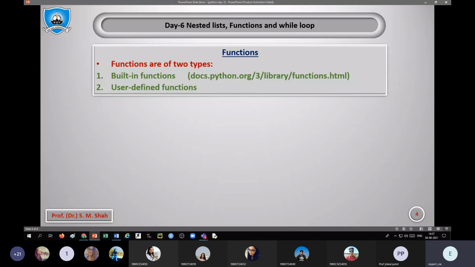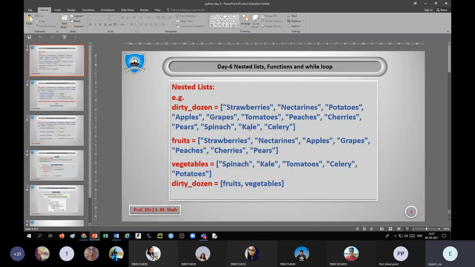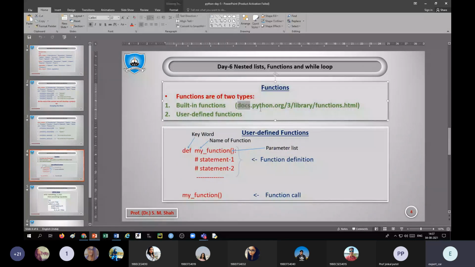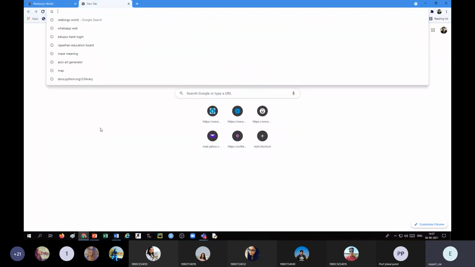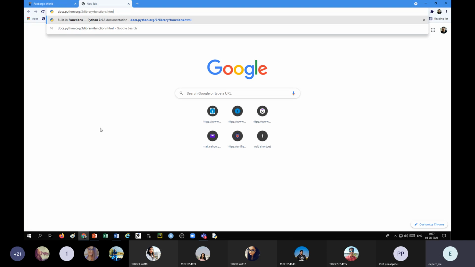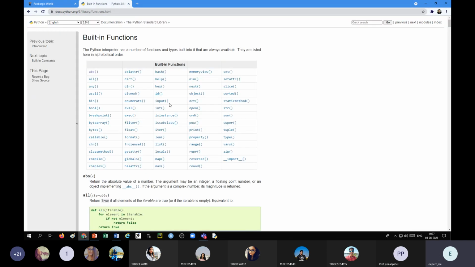Say docs.python.org/3, it is for version 3. So let me copy this link, go to the network, and paste it with Control V. You can see the list of all built-in functions of Python.